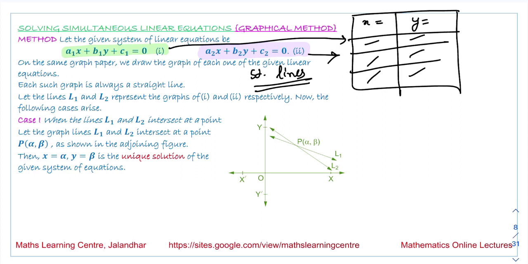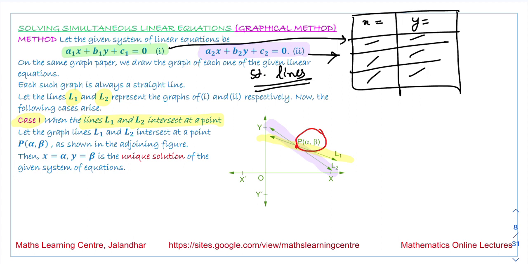Now three cases are there. The two lines we are obtaining from this, we are naming them L1 and L2. Case 1 is when lines L1 and L2 intersect at a point. It is shown in this figure: we have drawn this line L1 corresponding to the first equation, and this is the line L2 corresponding to the second. The point where they are intersecting, we are calling that point